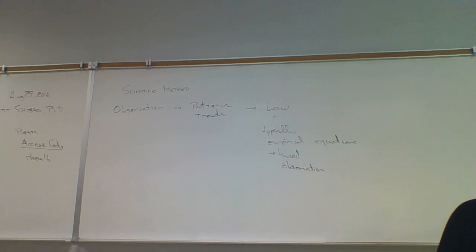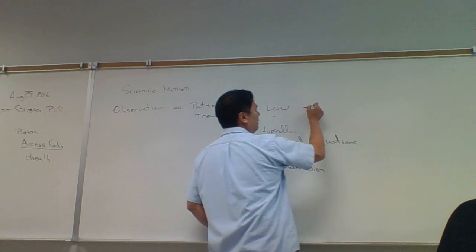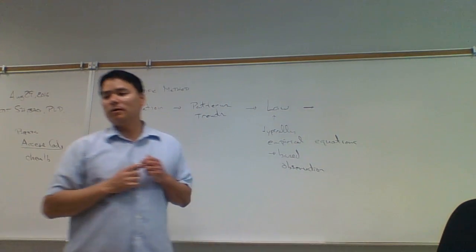Did Newton start off with, there's something called gravity, and then I'm going to derive my laws of motion based on the theory of gravity? Is that how it worked? No, it didn't work like that. Newton took these empirical observations and then came up with these empirical equations, these mathematical equations. So we have the law, okay, and then we got to think, well,